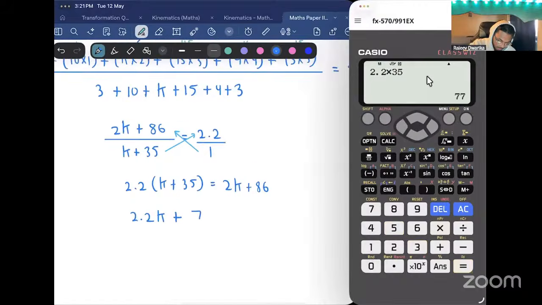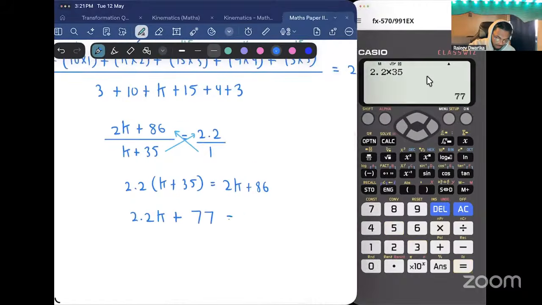77. And that'll be equal to 2k plus 86. We're trying to find for k. So we need all the k terms on one side and everything that isn't k on the other side. So that's going to be 2.2k minus 2k equal to 86